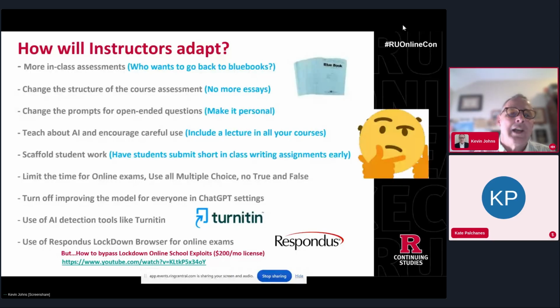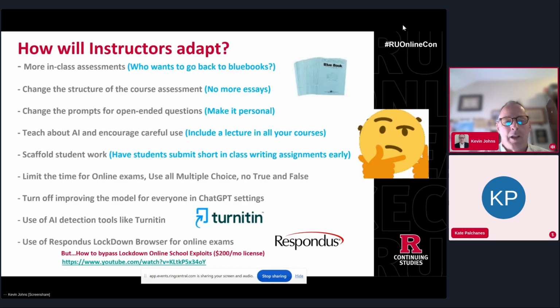In terms of scaffolding the student work, so the short answer essays, instead of putting them on exams, you maybe can do them in class, or you can still do them online, but maybe get some examples early on in the semester, so you can do a little bit of a comparison later on to their writing. Because I tell my students, hey, your writing style is like your thumbprint. And that's something that I can assess during the semester. So maybe doing something a little bit early on to get an example, and then you can use that to compare later on. What else? I already talked about limiting the time on online exams and making them all multiple choice.